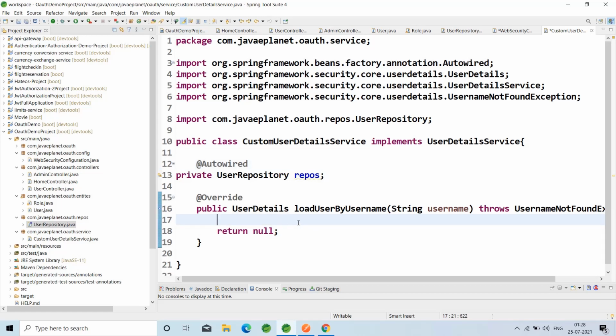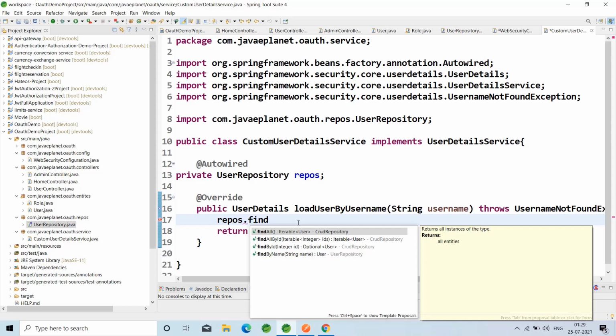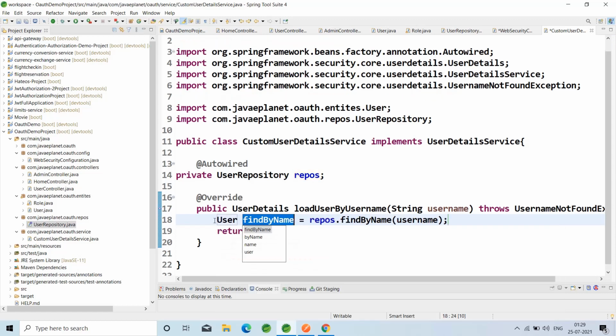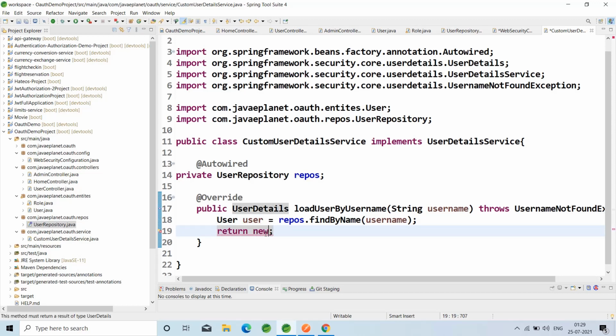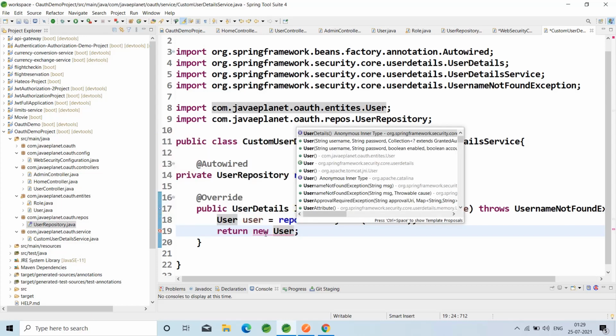By using this repos, you will get the user details. Find by name, which takes the name. This returns the user. Assign statement to new local variable. We will return the complete user details by creating the instance of User which is from the Spring Security Core.